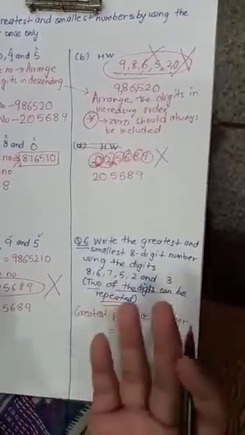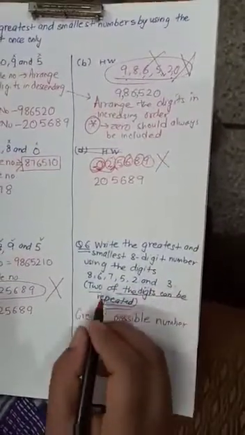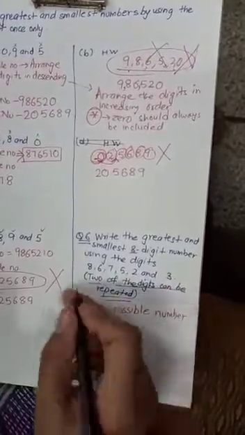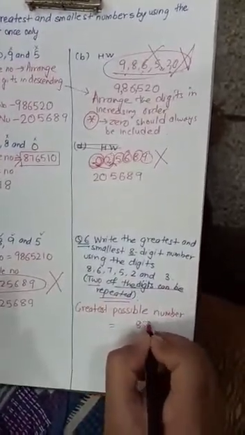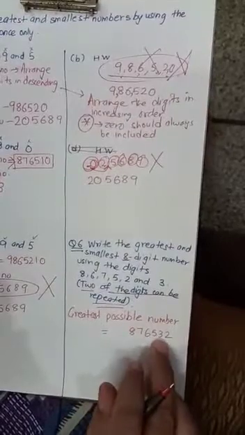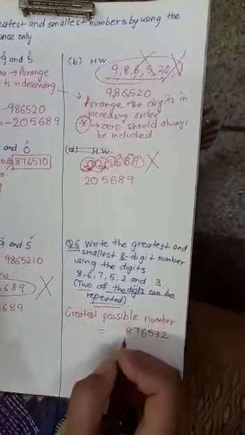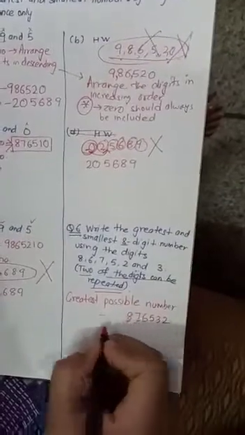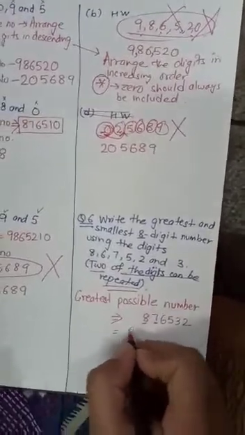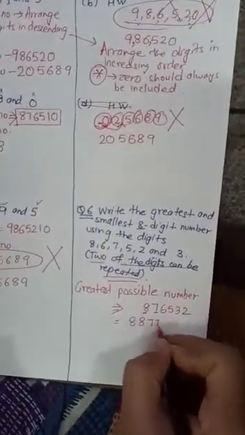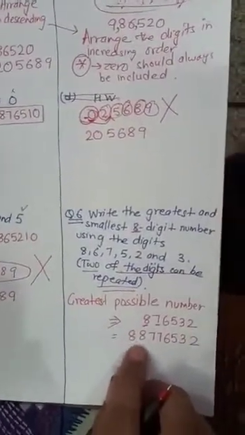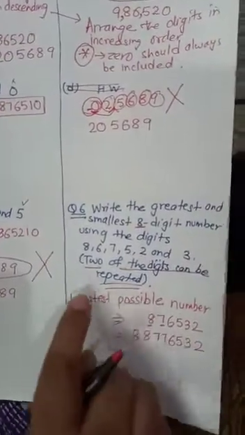The largest 2. So first I'll arrange them, I have to make an 8-digit number and we have 1, 2, 3, 4, 5, 6 digits only. So first of all, let's arrange them. 8, 7, 6, 5, 3, 2. So these 6 digits I have arranged. Now which 2 digits will I repeat? I will repeat the largest 2 digits. So my number that can be formed will be 8, 8, 7, 7, 6, 5, 3, 2. So this is the greatest 8-digit number which can be formed by repeating any 2 digits from here.